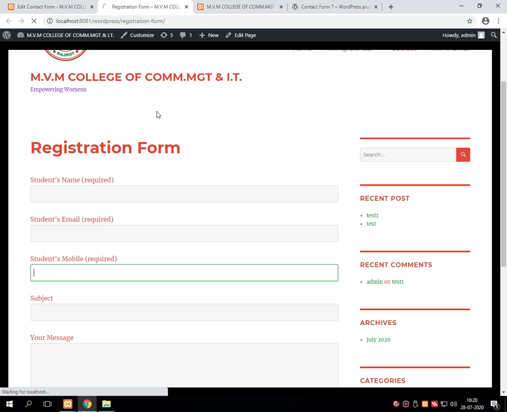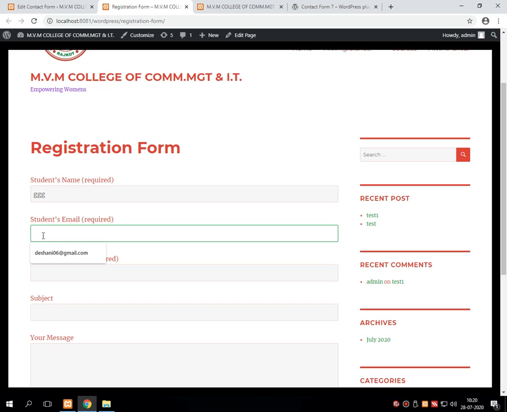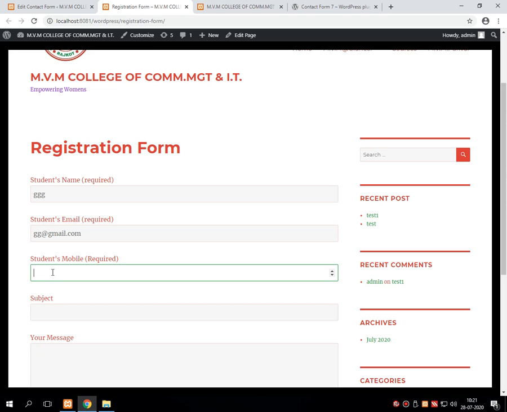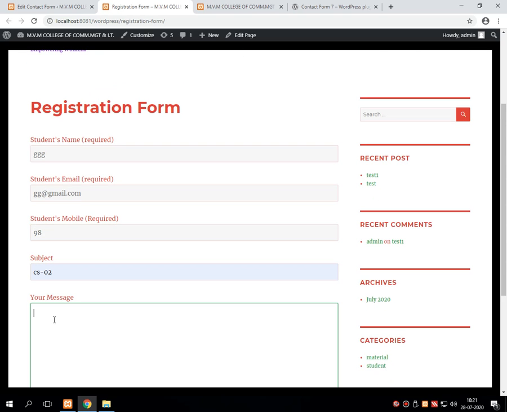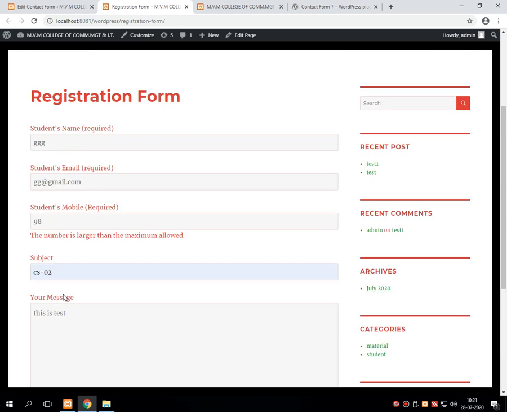Once it is saved, let's refresh the page. Suppose I am entering some content like this one. Suppose here I have entered only 2 digits, then some message, and I am pressing the button.